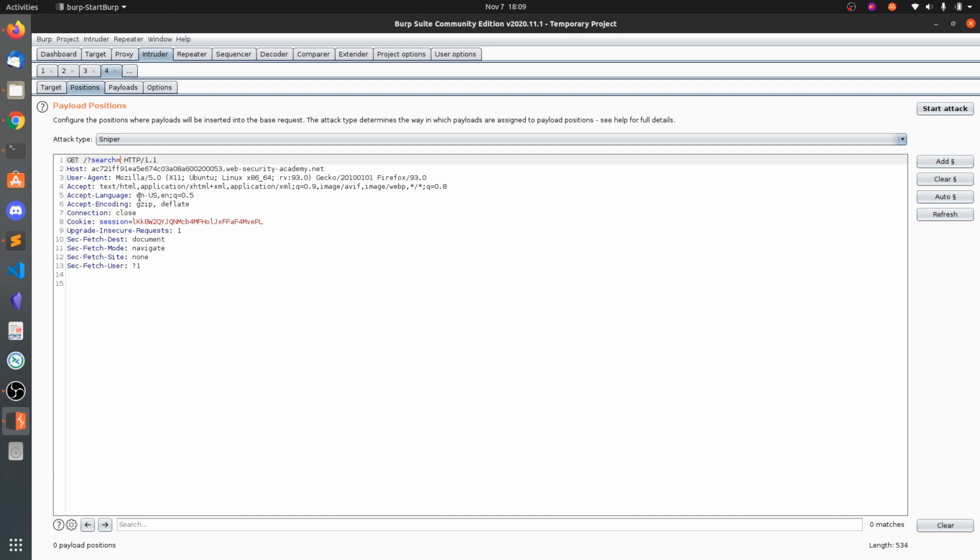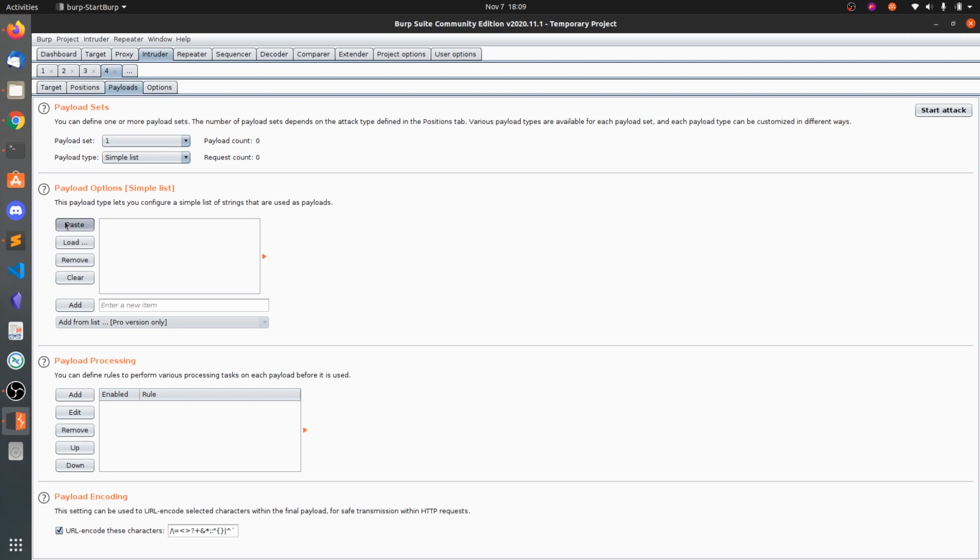Now let's remove this, and the tag is in the format less than, tag, greater than. Let's say some script tag. Add the marker to the script. Now go to payloads and paste all these payloads.